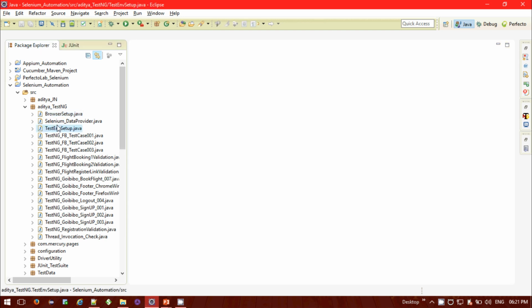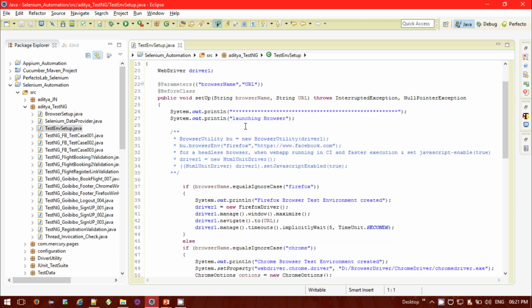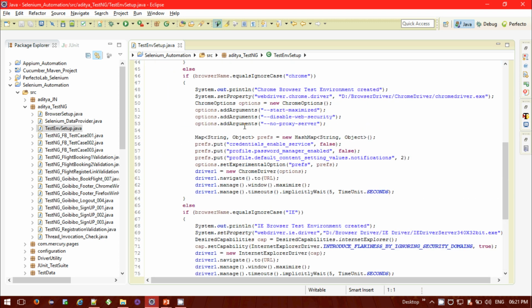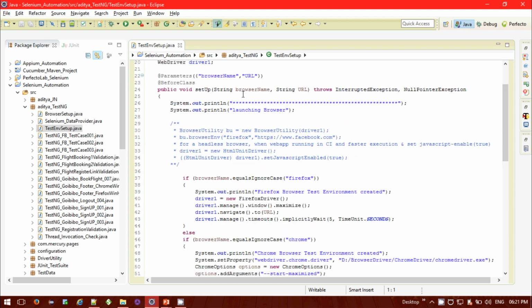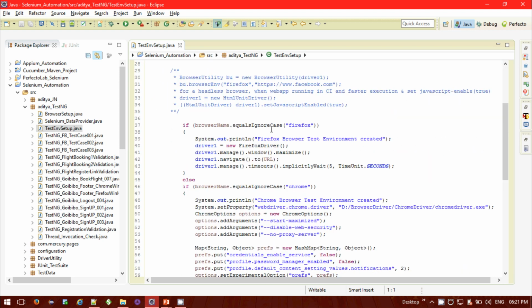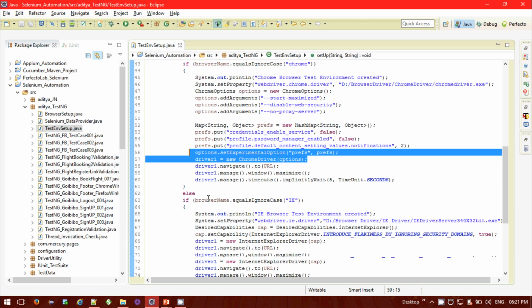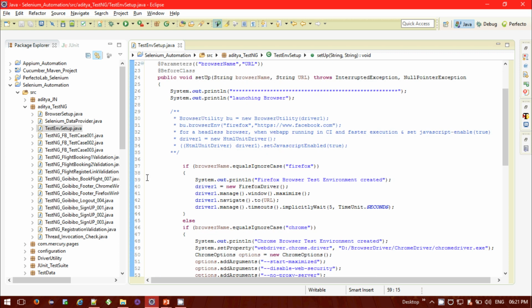Let's test and normal setup. What exactly are we doing? We are passing two parameters, and we are defining the base class, before class, and after class. For this base class, whatever parameter I was passing, if it is Firefox, we need to take care of the Firefox driver. So driver equal to new Firefox driver, driver equal to new Chrome driver, and driver equal to new IE driver. And this way, all my test scripts are supposed to take, as an example,